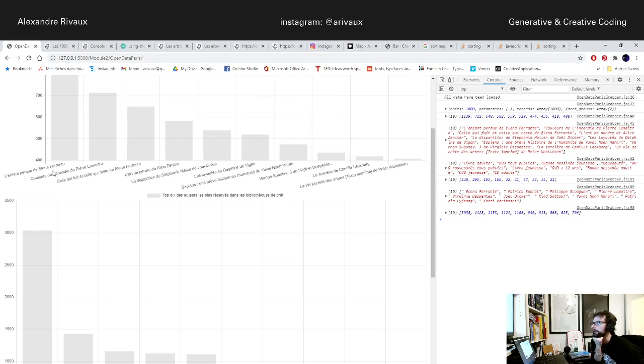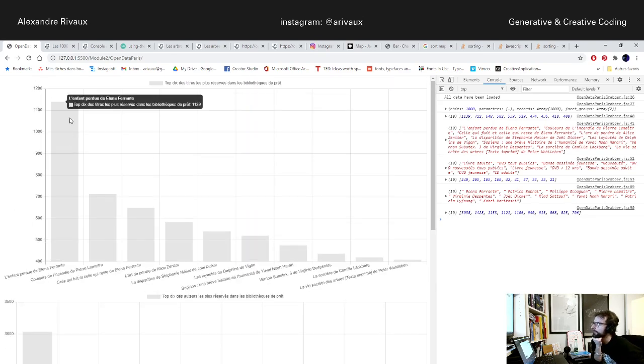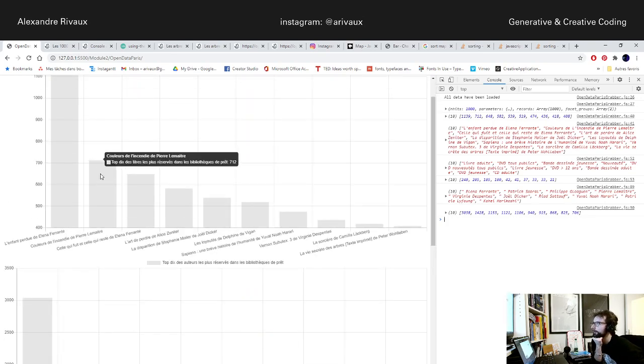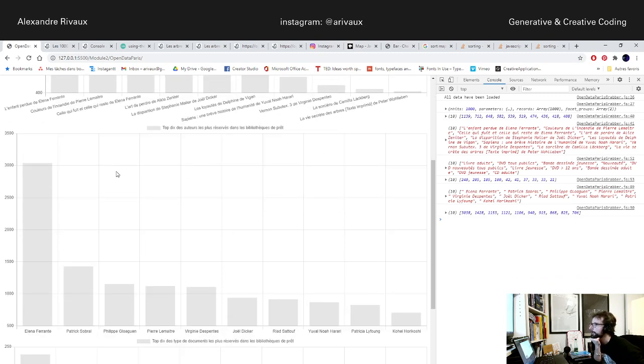You could see Elena Ferrante is in the top 10 for all of them, but you could say, oh, Pierre Lemaitre is the second most famous author who has titles booked in library, but in fact it's Patrick Sobral and Philippe Groagen who come second and third, before Pierre Lemaitre, before Virginie Despentes, who is the author of Vernon Subutex,